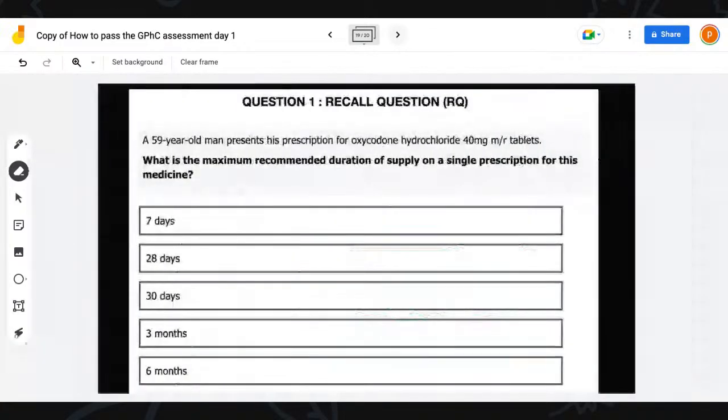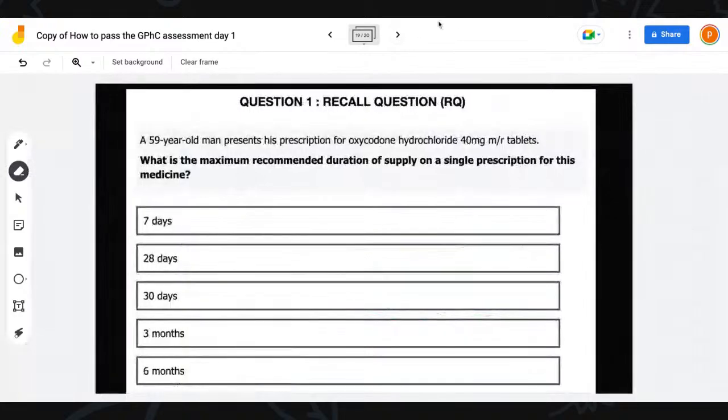So we went to the first question, which was question number 1. We reminded you of the structure of GPhC questions, where you have a scenario, where you have your question, which is normally in bold, and then you have 5 options. So this question was easy for most of you because this is a recall question. These are the questions that students tend to do well in, because all you have to do is memorize and reproduce. If you're a student that's good at recall, you're able to memorize the entire BNF, you're able to memorize everything around you, you have absolutely no problems when it comes to recall questions.